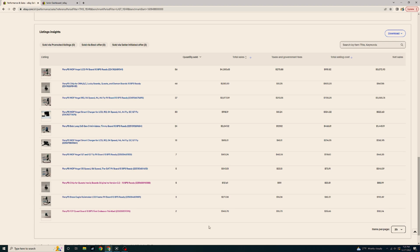A lot of my early ideas right now are regulator-based stuff to improve regulators, make them a little better. But yeah, with that, let me know what you guys want to see. Definitely, the soon-to-be boards are going to be the DM3 boards. I have 2 of them, one for LCD frames, one for LED frames. 2K2 timing boards are up on the list of things I need to get done early. After that, I want to take a look at Mark boards and some of the newer but not new Bob Long stuff, and